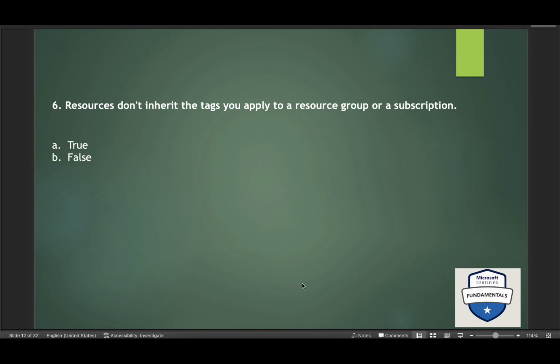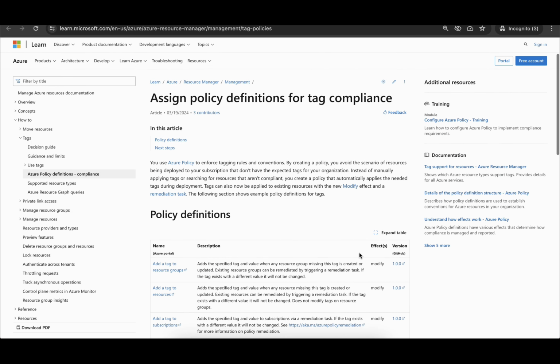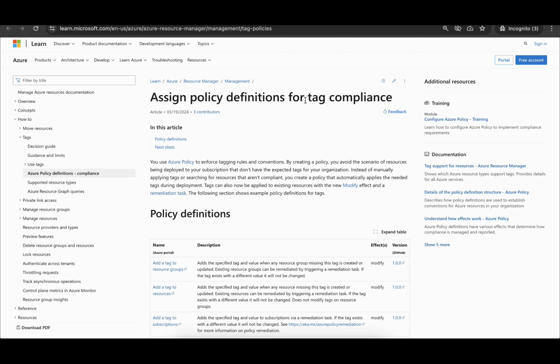Resources don't inherit the tags you apply to a resource group or a subscription. So yes, this is true. Resources don't inherit the tags you apply to a resource group or a subscription. To apply tags from a subscription or resource group to the resources, you will have to again go to Azure Policy tags. Okay. So, and if you have to study more on this, you have this